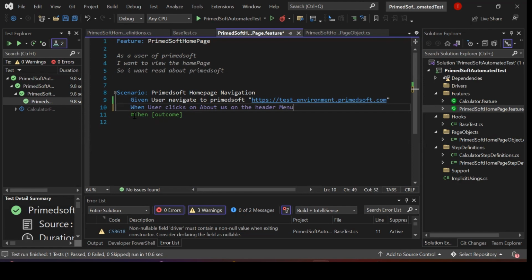Okay, so what is our then? Then user can view, or then user must view